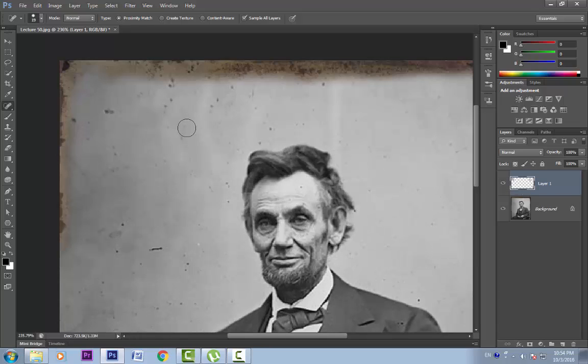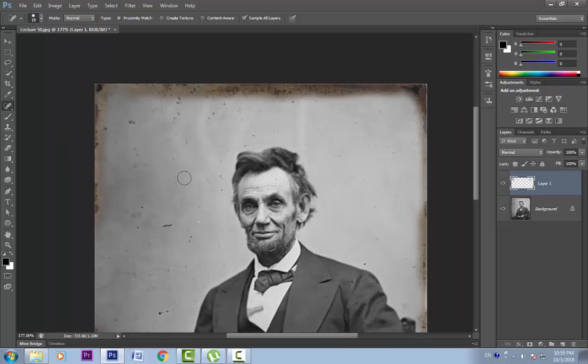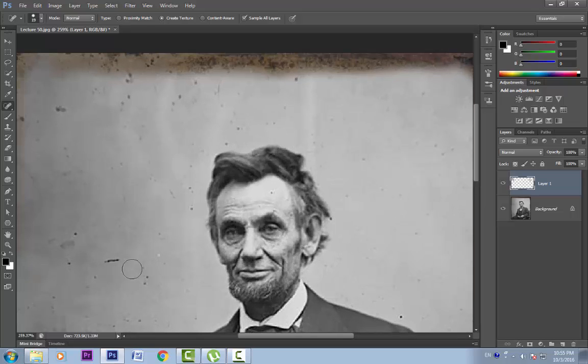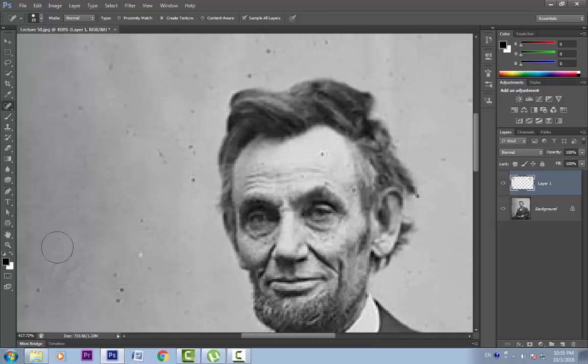Now since it has painted the edges, you can see some halo of the paint, but I'm not a very big fan of this option. Create texture looks at the pixels inside our selection and tries to create a texture to heal it. Now if we paint this area and zoom in, you can see that it has created a texture. Again, I don't use this option much, but it might be useful in some special cases. My favorite is content aware.